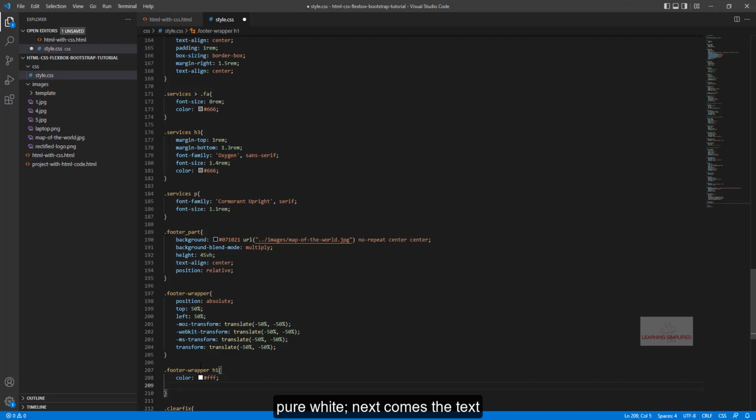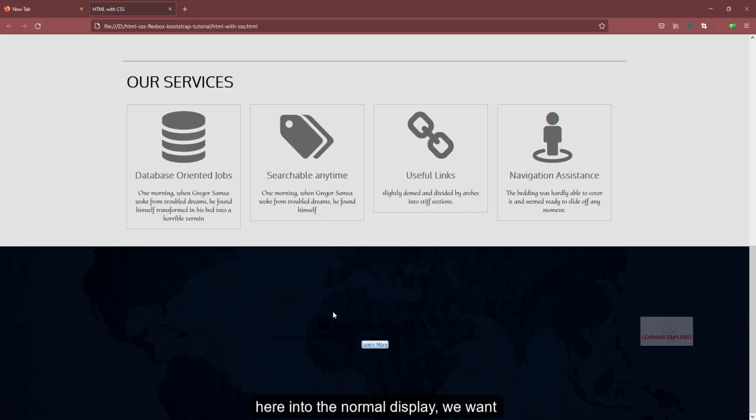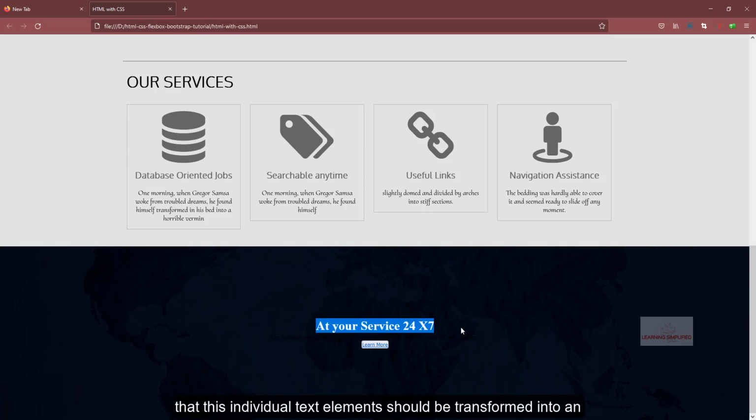Next comes the text transform. So instead of making everything here into the normal display, we want that this individual text element should be transformed